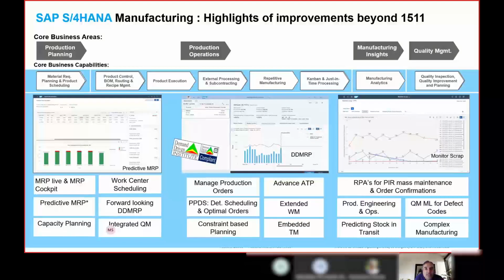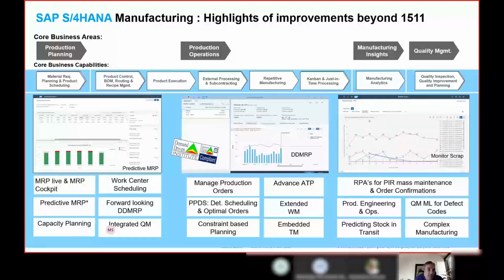Similarly, let's go to the manufacturing topic now. Let's understand what innovations are delivered in the manufacturing area. This is also very important. From a manufacturing point of view, it starts with planning and goes up to the delivery of a finished good, and that too with quality. So if you see the process, we have the entire material handling, we have the planning of these materials using various technologies or methods of planning, and then finally delivering the finished good as per the need of our customer, and that too with the right quality.